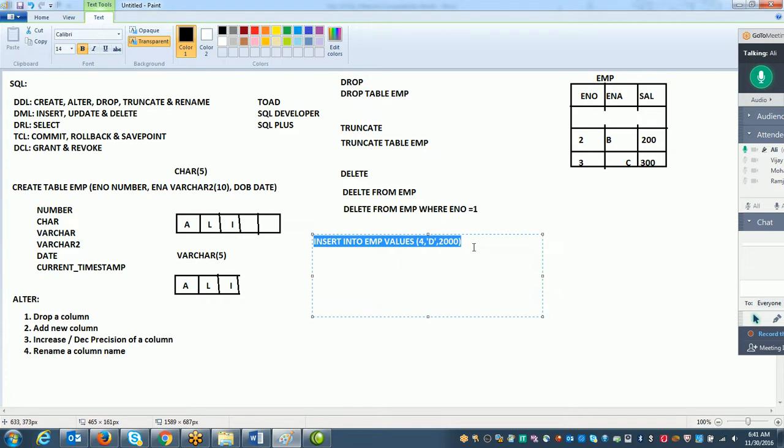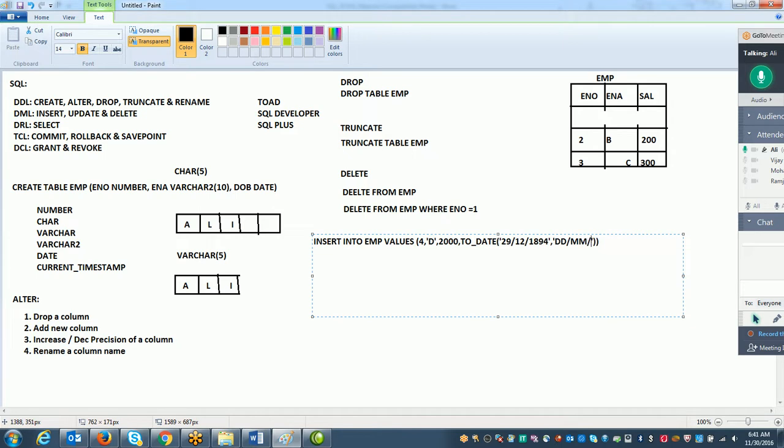If you have a date column, suppose let's say we have a date of birth column. So if you have a date column, then how do you have to insert the data? If you want to insert a date into any column, you always have to use the to_date function. We'll discuss the to_date function in detail later. For the time being, I am showing you how to use the to_date function to insert a date into a table. So you can insert the date like this: